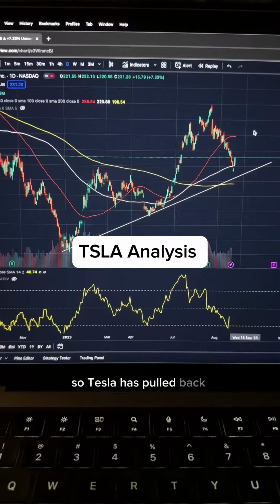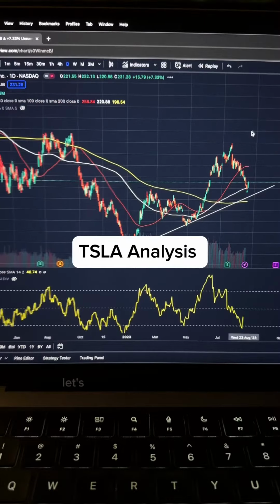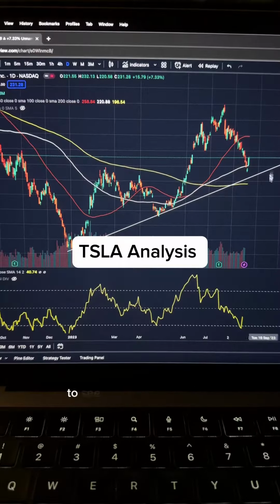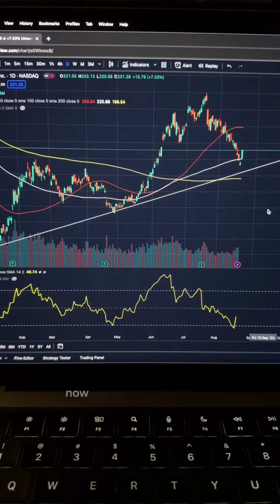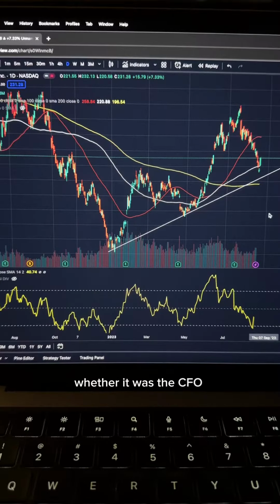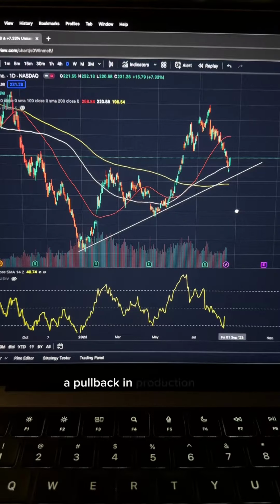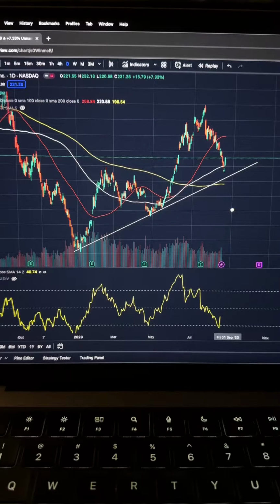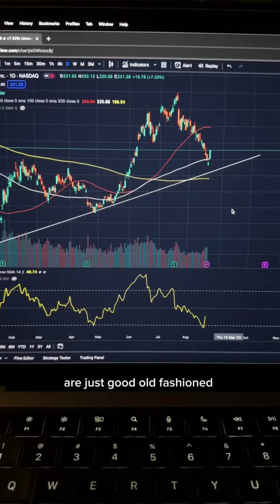So Tesla has pulled back almost 30% since their Q2 earnings in late July. Let's take a closer look at the chart to see how it is developing. Now, there are a few factors that may have caused this pullback, whether it was the CFO departure, a pullback in production for Model 3 and Model Y, China price cuts, overall market weakness, or just good old-fashioned profit taking